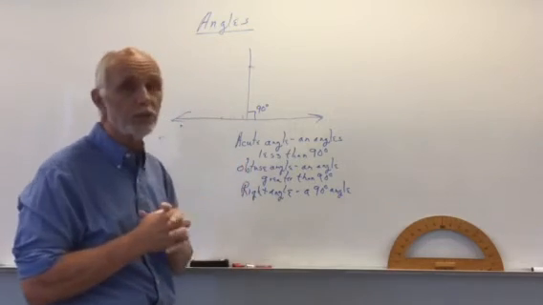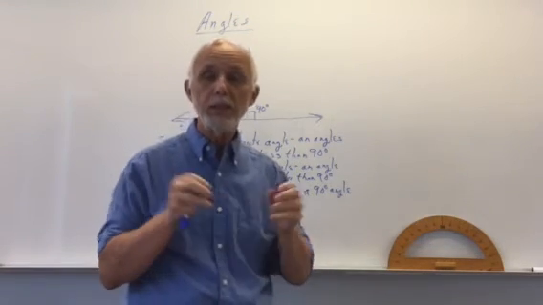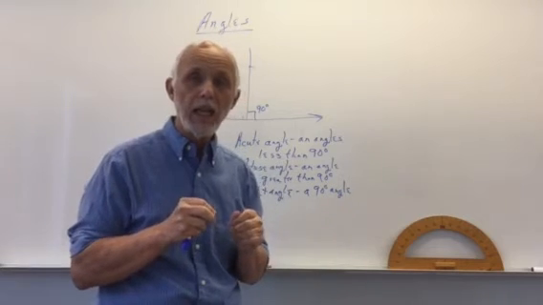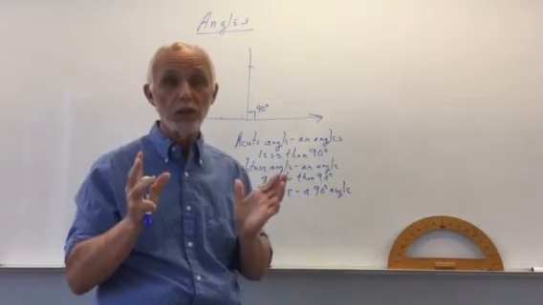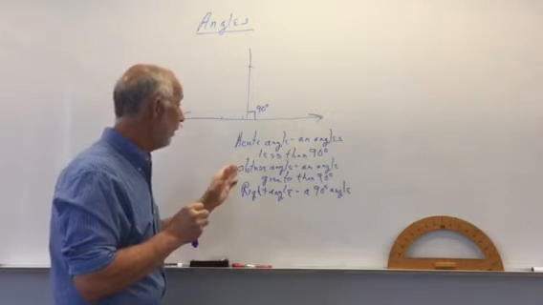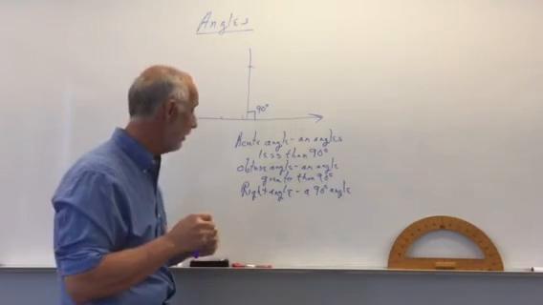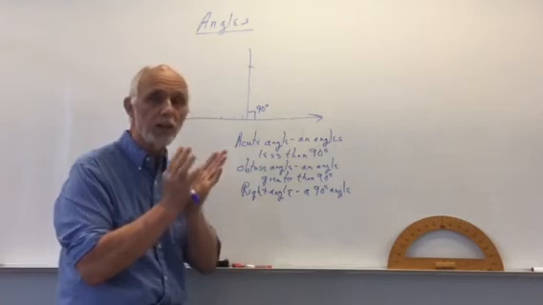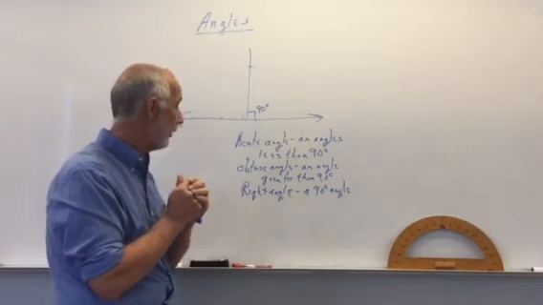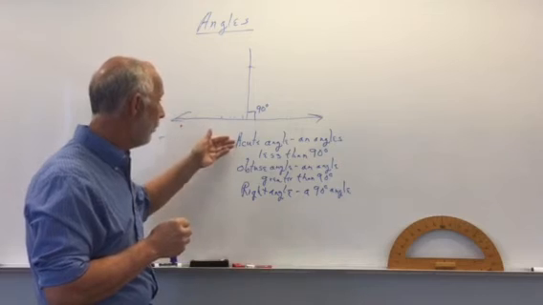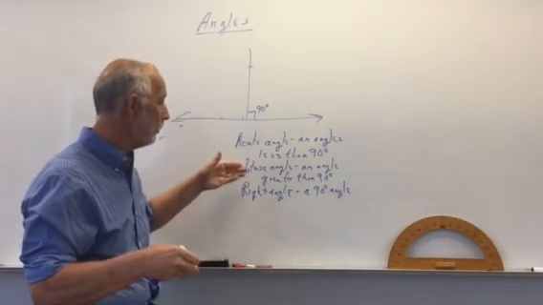And obtuse comes from the word obese. They both have the same root in Latin, and that means very large, okay? So an obtuse angle, sorry, I got tongue-tied. An obtuse angle is a very large angle, like obese. And you say, okay, I get it, acute is small, cute things are small, obtuse is large,